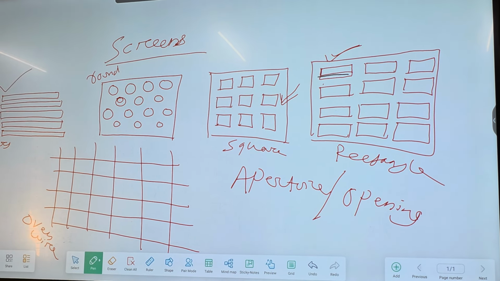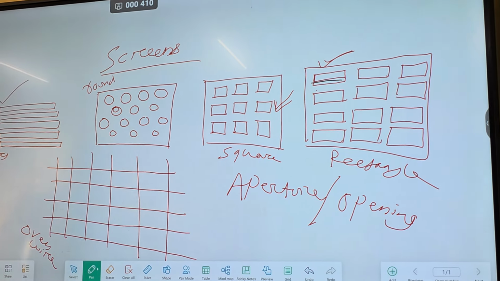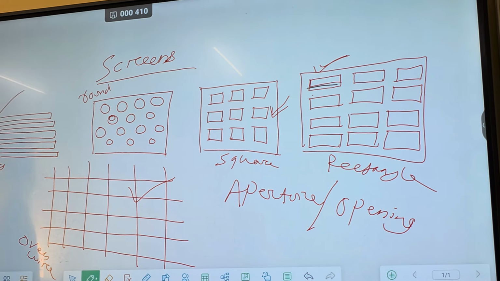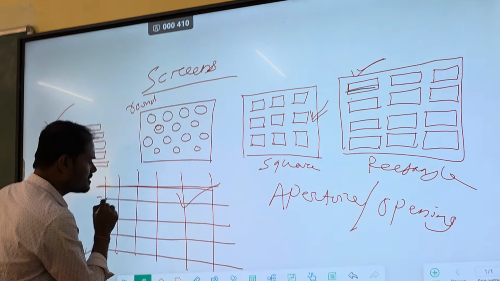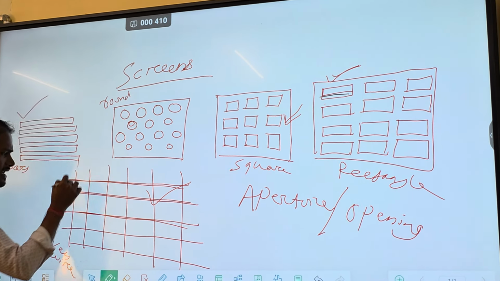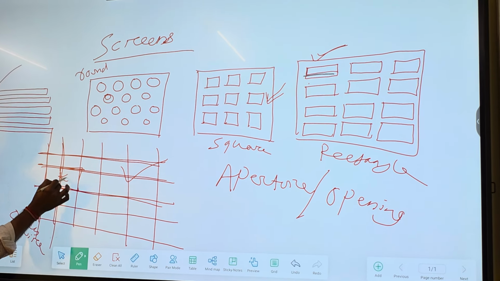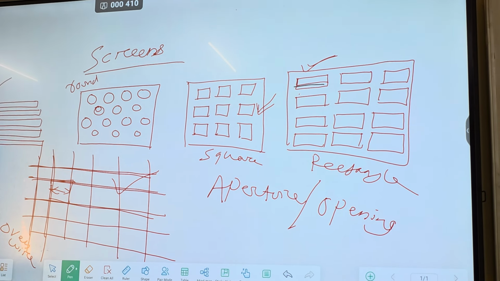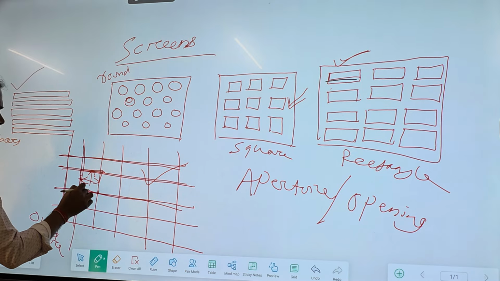But if you see in your labs, you have seen in the lab class I guess, this kind of thing. These are actually single wires. Steel wires will be there, arranged in this form, and mostly they have a square opening. This opening is basically square.